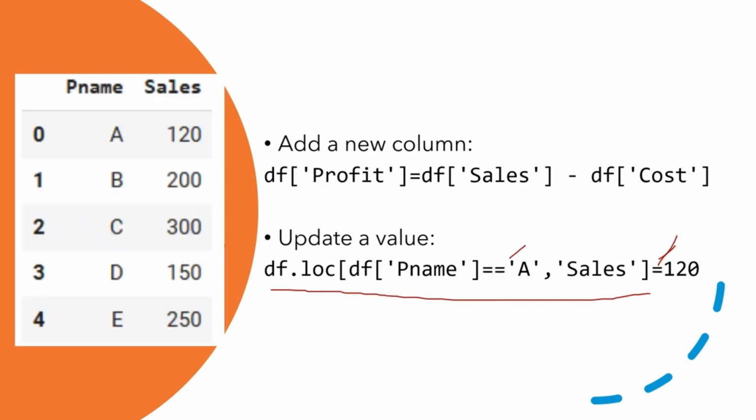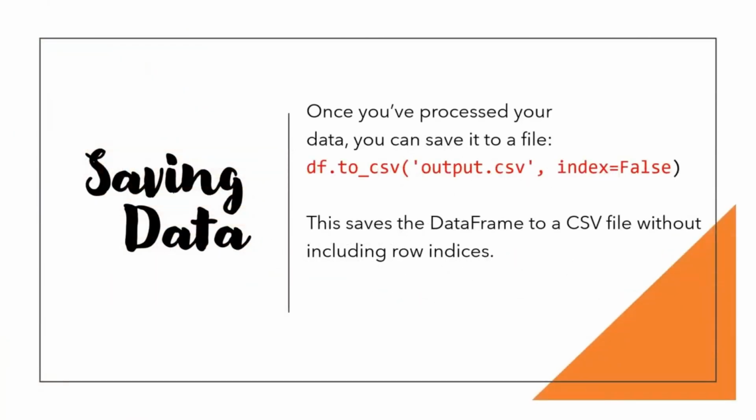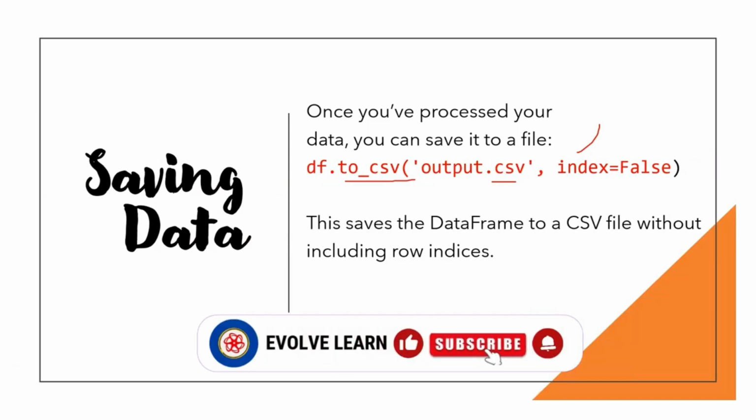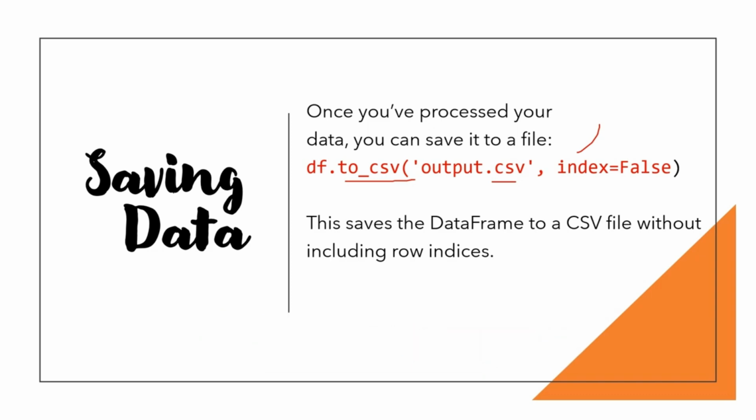Lastly, let's know how to save data. Saving data is essential as it allows you to preserve your changes for future use or sharing. The most common format for saving data is CSV. You can save data frame to a CSV file using the to_csv method. The index equals False parameter ensures that the row index is not saved to the file. This will be the same for Excel and JSON also. In place of to_csv, you need to mention to_excel or to_json, and the output file name also you need to change to